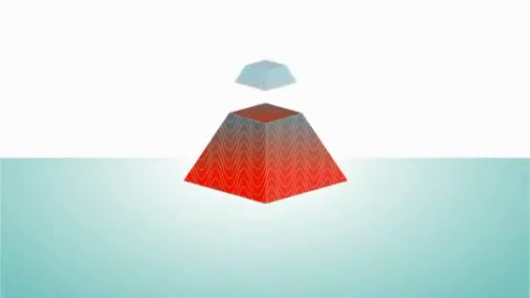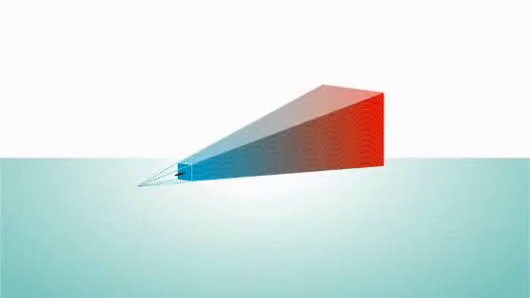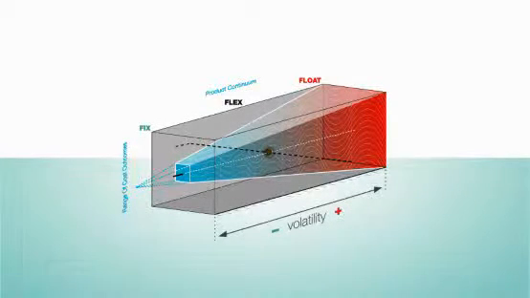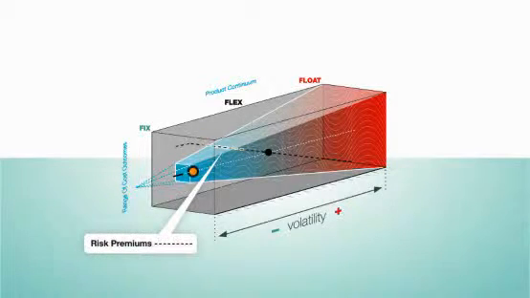you pay. If you turn the pyramid on its side, you can see how increased volatility translates into a wider range of possible cost outcomes. The farther left you go, the more fixed the price, and the higher your premium. As you move right, uncertainty about future prices goes up, but your premium goes down. You must strike the right balance between certainty and cost, and the right choice differs from business to business.